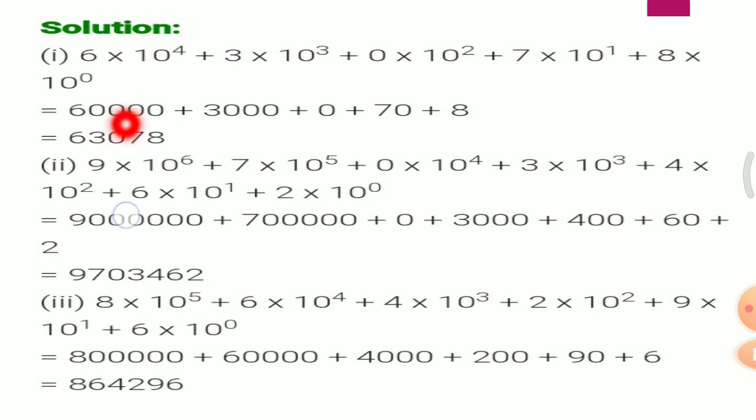You write 6 with 10 to the power 4, which means 4 zeros: 60,000, plus 3 multiplied by 10 to the power 3 means 3 with 3 zeros: 3000, plus 0 multiplied by 10 to the power 2, the value of 0 is 0, plus 7 multiplied by 10 to the power 1, which is 70, plus 8. After that you write it in short form: 63,078. Okay guys,